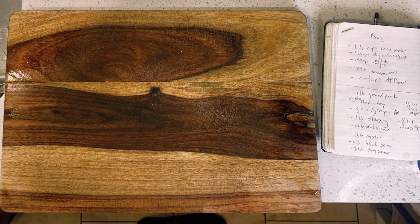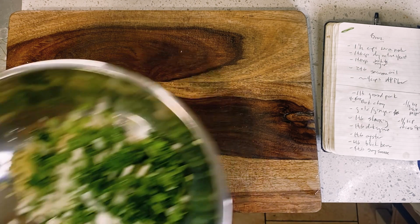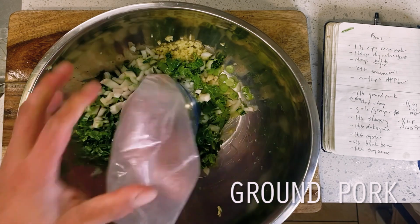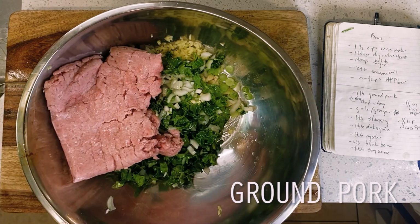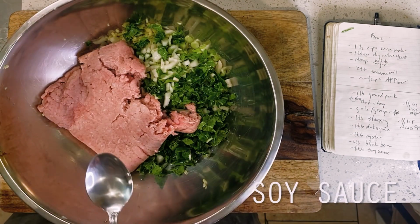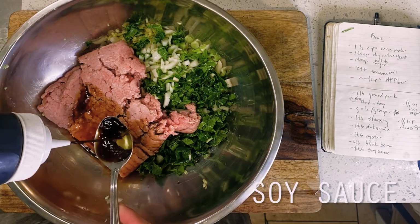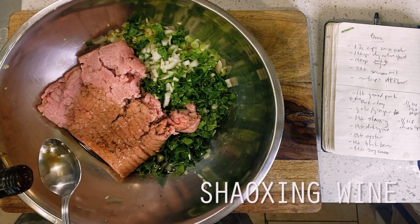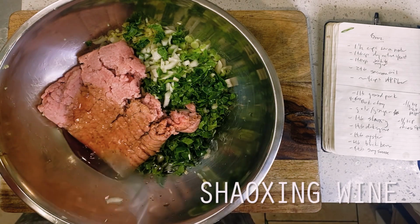Next up, circling back to our filling, I have all of our veggies in my largest mixing bowl, then I'm adding 16 ounces or 1 pound of ground pork. As always, ground turkey, ground chicken, 80-20 beef chuck, or really any fatty ground meat will work just fine here as well. We're combining this with 4 tablespoons of soy sauce and a single tablespoon of Shaoxing wine to start,